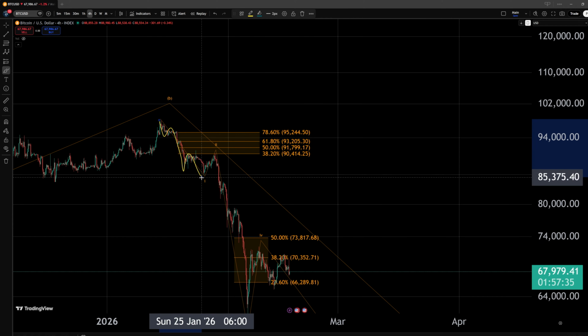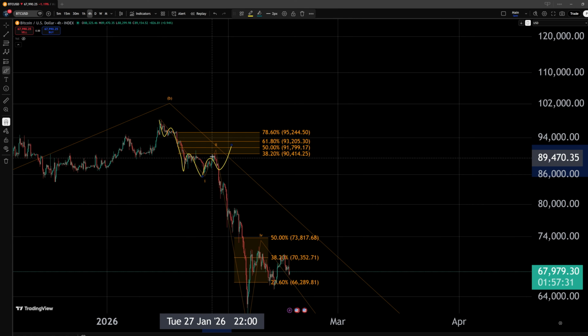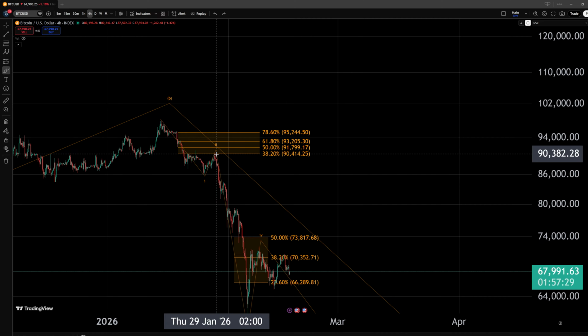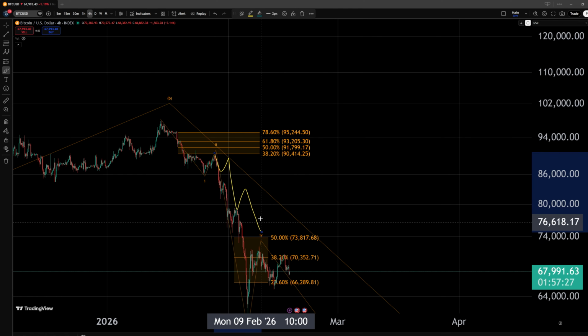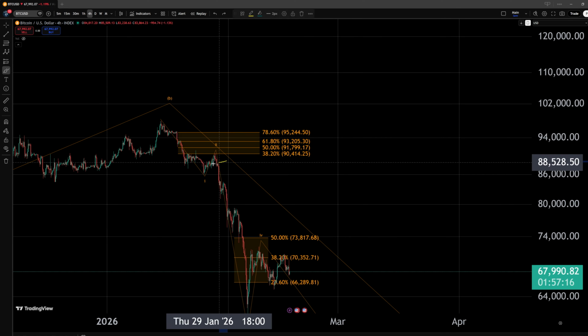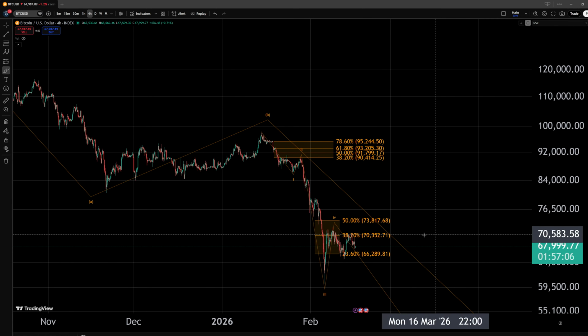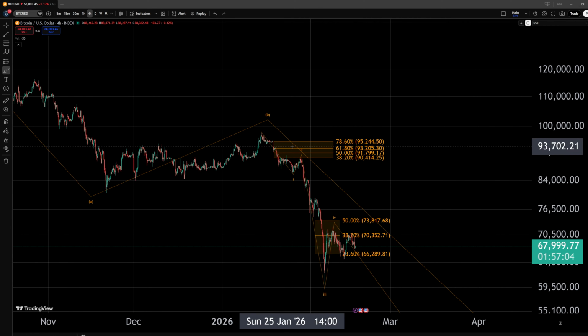We highlighted that after a 3-wave correction into our area of resistance, we should be highly prepared for at least another 5-wave move to the downside. It was our signal not to look for a long position within this area, to be prepared for an extension to lower prices, and an extension we got. We pushed quite overwhelmingly low